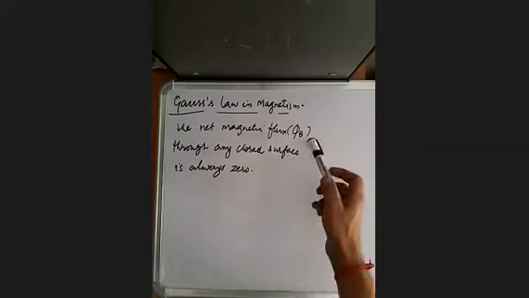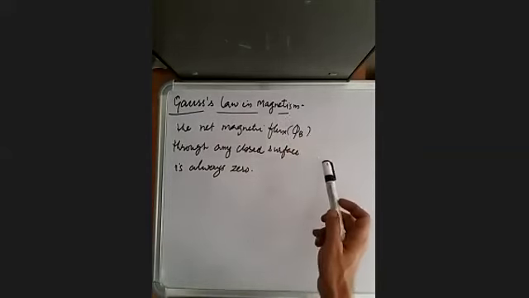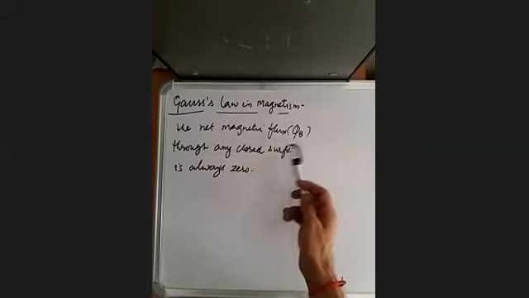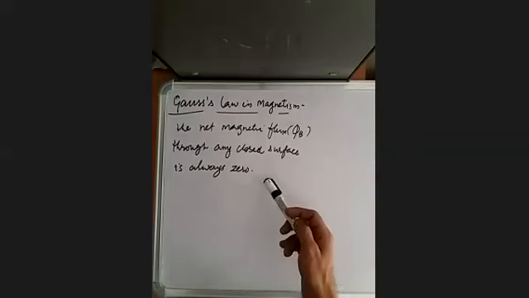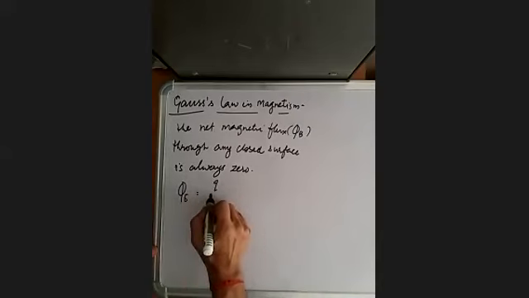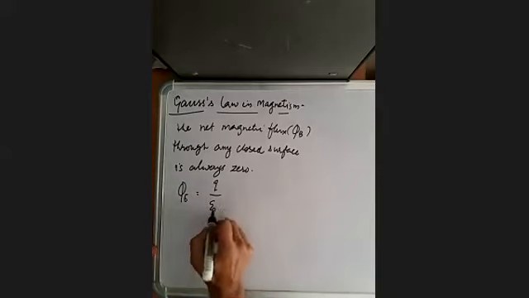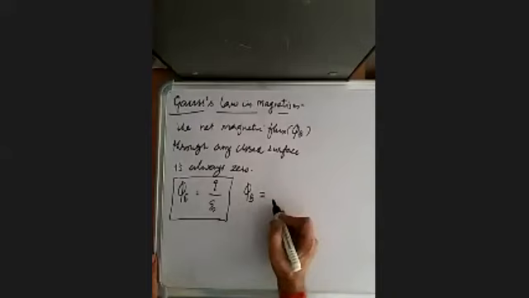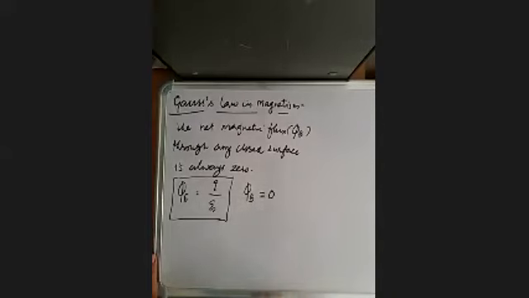So we have studied Gauss's law in electrostatics also, where the net electric flux through any closed surface is not zero. So that is given by Q upon epsilon naught, if you remember. So phi E that we have already studied is given by Q, that is the charge enclosed by the surface, divided by epsilon naught, which is the electrical permittivity of free space. But now in this, phi B in comparison is zero through a closed surface.